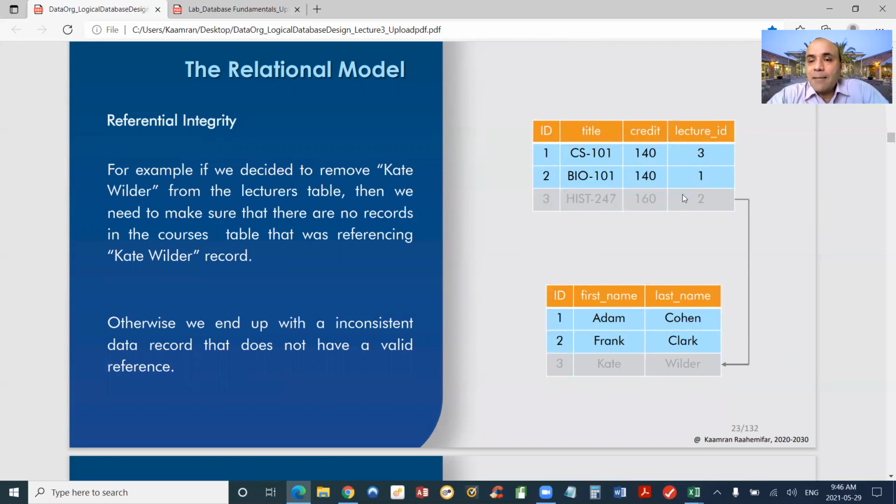For example, in this table, number, this is a wrong one. So number 2 is actually Frank Clark, as in lecture ID. So if Frank Clark is removed,